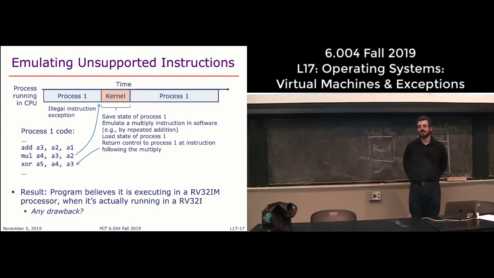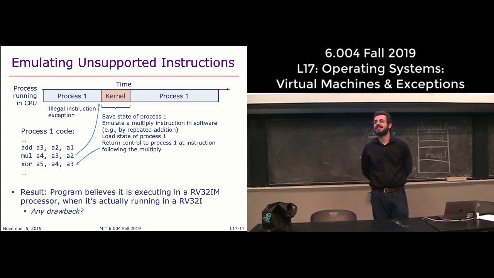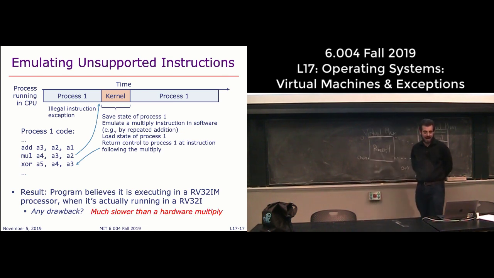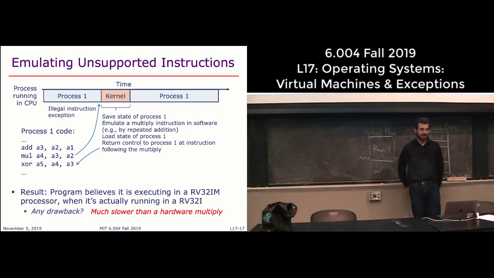Because we do have processors with hardware multipliers. Yes? Implementing a multiplication, like emulating instructions, is much slower than having it done in hardware. Exactly. In fact, it is also much slower than calling a subroutine in software. So if this program called a multiply subroutine, it would also be faster. So this is not the best abstraction in terms of performance, but it does let the kernel emulate things that